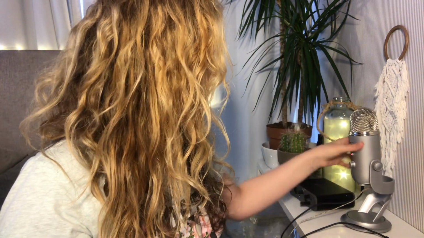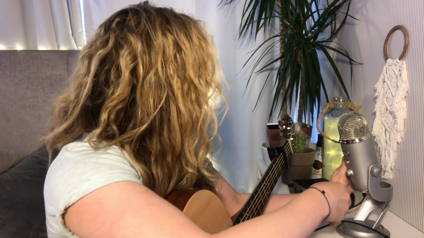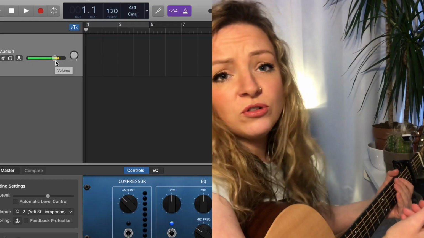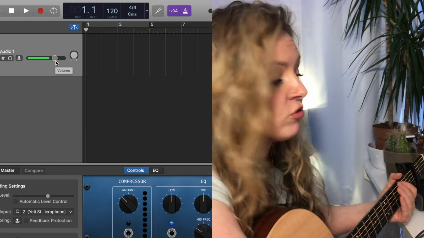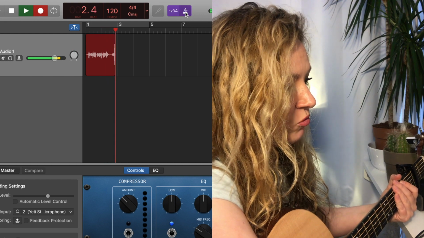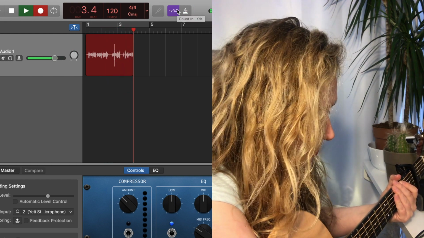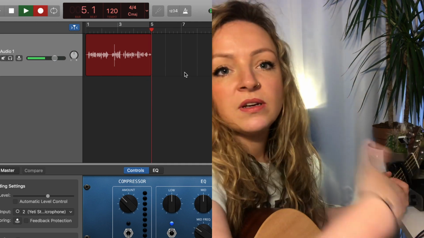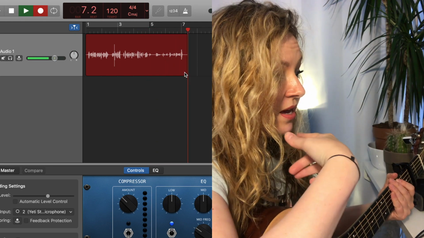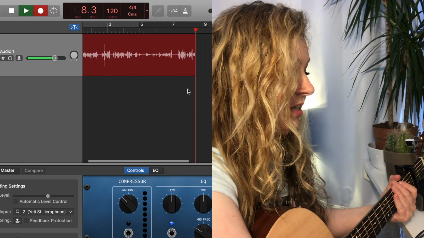If you're using just a regular USB mic, you might not have that option, so what you would just have to do is move it closer or further away. Okay, so for my purposes here, I'm just going to pop it right directly in front of me. The levels seem fine, so from there I would just go ahead and record. Now I should say you'll have a metronome going. You don't want that. You also don't want this 1, 2, 3, 4, which is a pre-roll. It means it gives you 4 counts before you come in. We don't need that. I can see that the vocal's being captured here nicely, so I'm just going to do